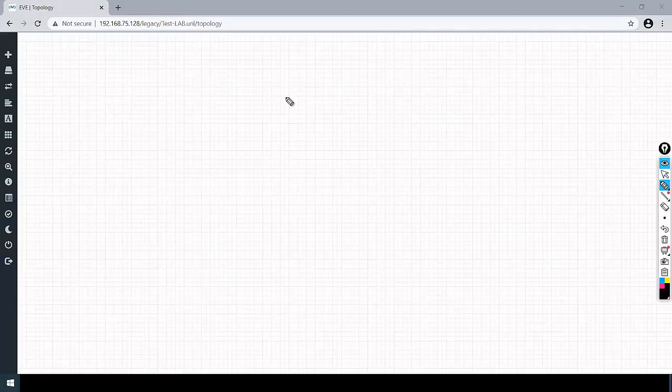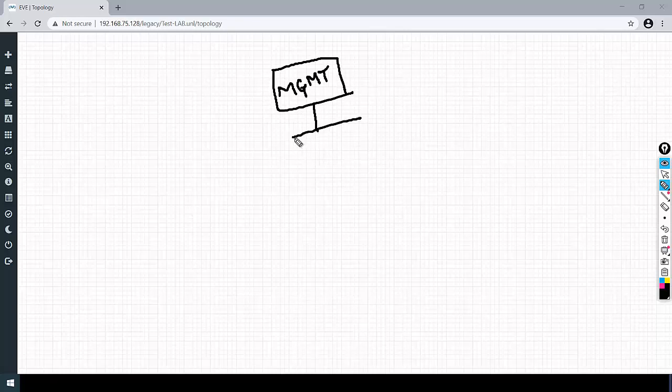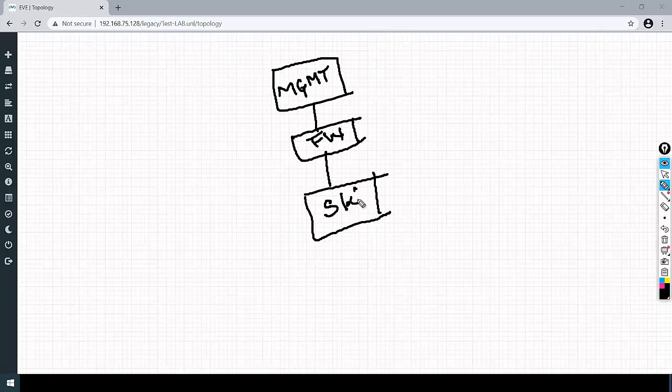So what we are going to do in this lab, we will first use the management interface, that is Cloud 0, to connect our firewall with the internet. As this interface is NATed to our internet adapter or our Wi-Fi adapter, we will get internet on it. So the management interface will be connected to the firewall, then the firewall will be connected to a switch. We will connect the switch with our client PC, that is Windows 7.